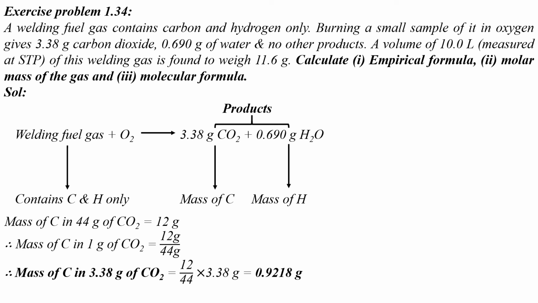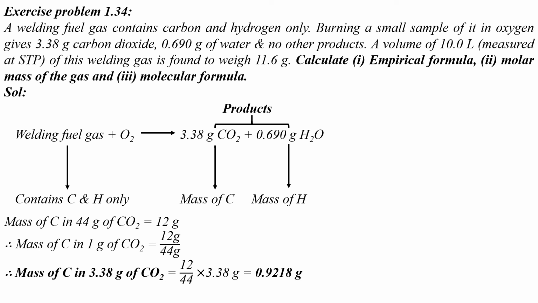So, first of all, let us calculate the mass of carbon and hydrogen present in carbon dioxide and water. We know the molar mass of carbon dioxide is 44 grams. What is that? It is the mass of 1 mole of carbon dioxide. And the molar mass, or mass of 1 mole of water, is 18 grams. You need to calculate it in the usual way. Children, I have not written it here, but you need to calculate it in your exam.